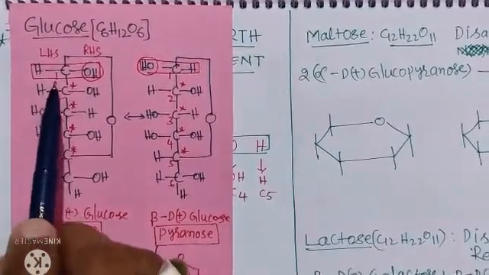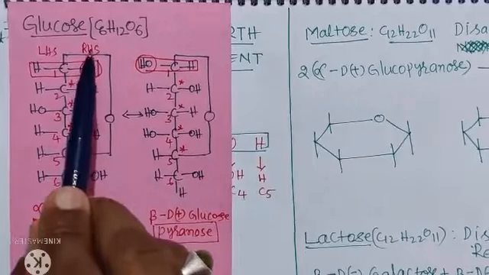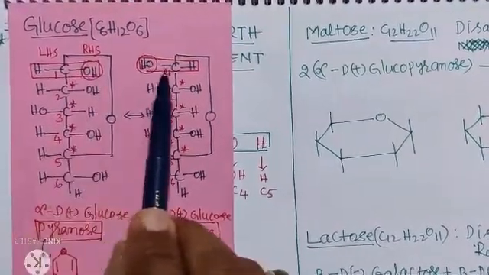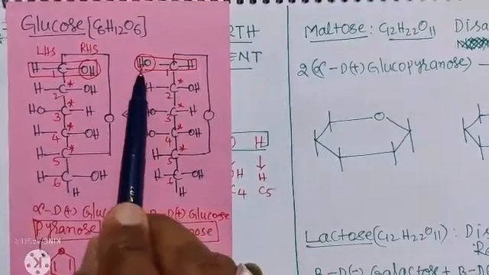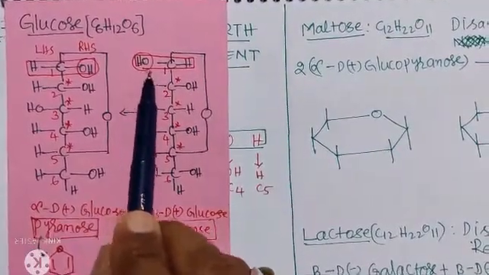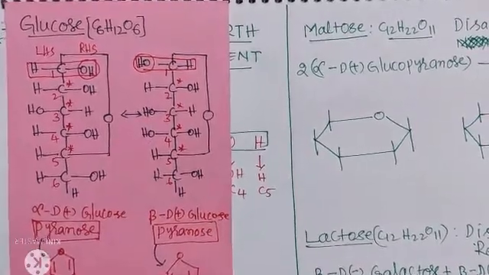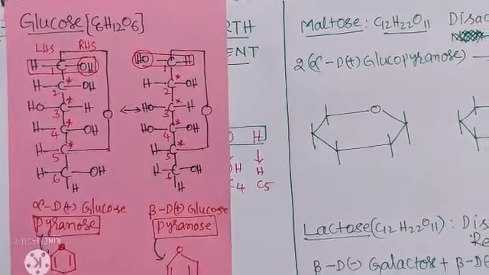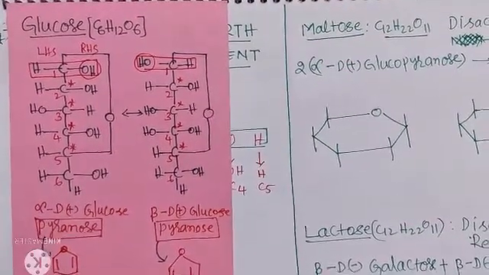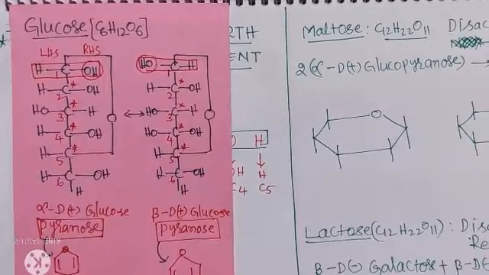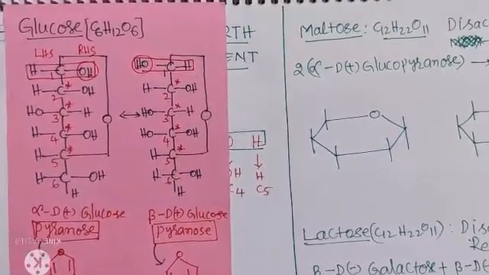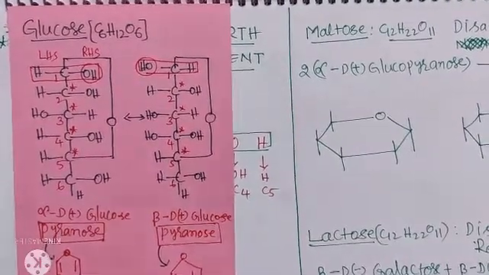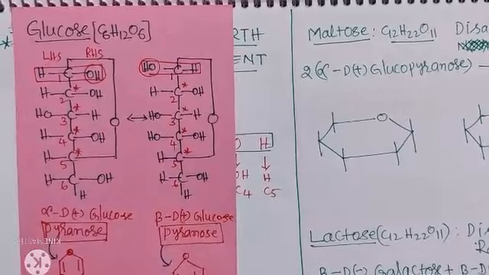At the C1 carbon atom, if OH is present on the right hand side, that is the alpha form. At the C1 carbon atom, if OH is present on the left hand side, that is the beta form. These are called anomers, alpha and beta forms. Okay. These cyclic structures were introduced by Fischer, but in examination they'll ask, draw the Haworth projection formulae for any